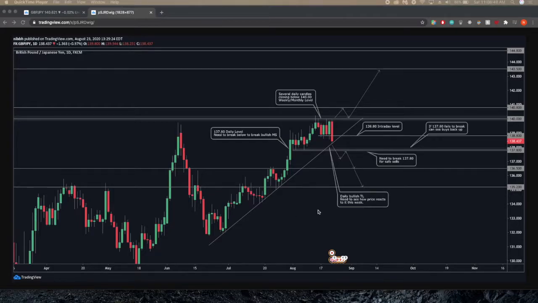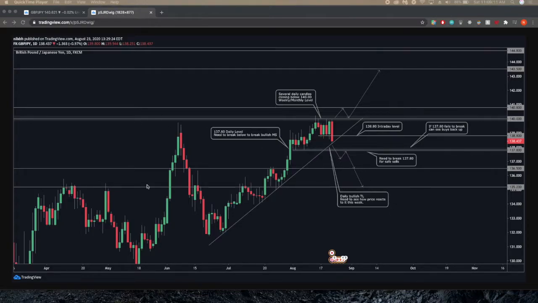This is a GBPJPY weekly recap, and I'm going to go over the fourth week of August analysis and then how it actually played out. So this is the analysis. Looking for a break above 140 to continue up, and otherwise a break below the trend line and below 137.8 to exit out of the bullish market